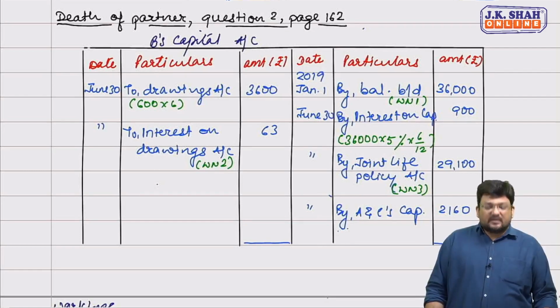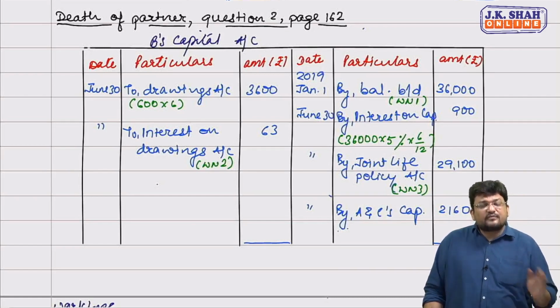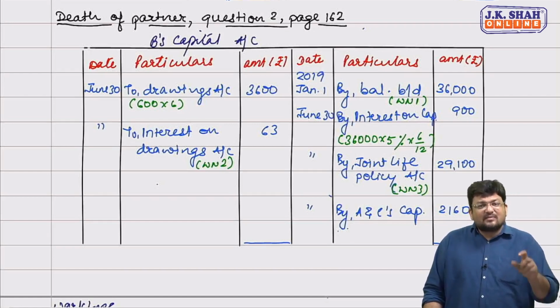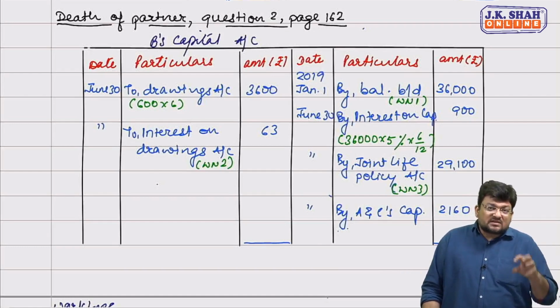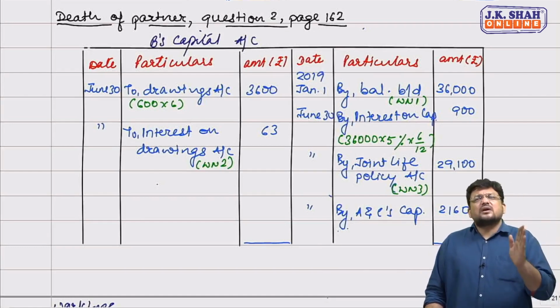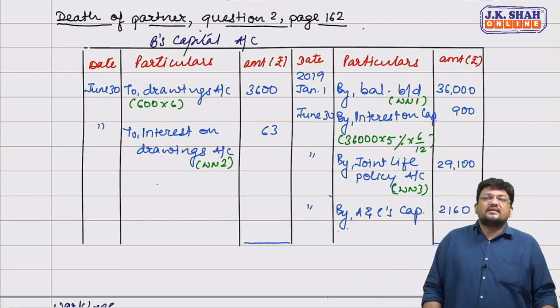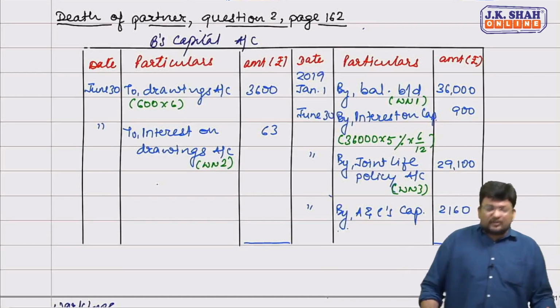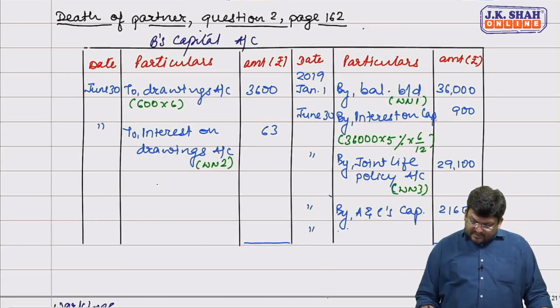See friends, they are also saying, if you read point number 3, he is allowed to retain their drawings as part of his share of profit. That means his share of profit up to date of death is being considered as 3,600, as the amount which he has withdrawn. जितना उसने ड्राइंग्स किया है उतना उसका प्रॉफिट का हिस्सा मान के उसको रखने दिया है. मतलब 3,600 उसका प्रॉफिट हम मान रहे हैं अप टू डेट ऑफ डेथ. तो वो प्रॉफिट उसको देने के लिए क्या एंट्री पास करेंगे सर? P&L suspense account debit